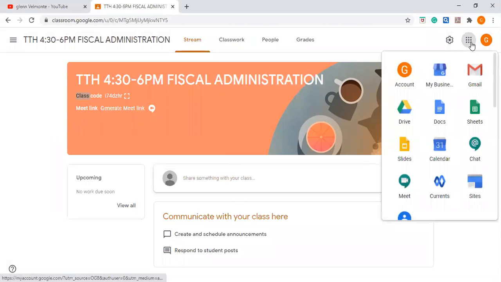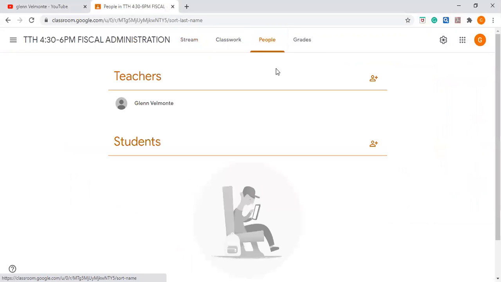So in here, you can post the link to your Google Meet. You can copy the link and post it either in Stream or Classwork if it is an activity. You can also invite people here, for students with their email address. Now, if the school uses a domain, that is what we're going to use. Otherwise, they cannot log in.